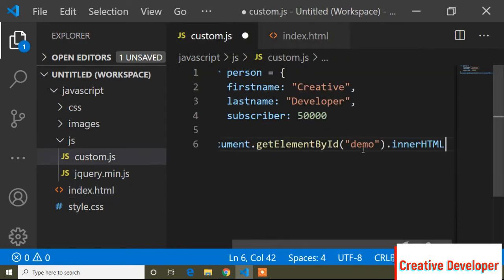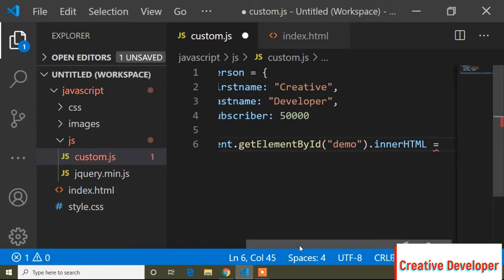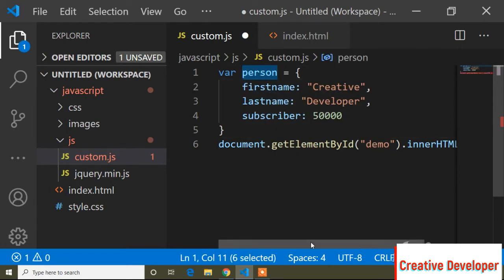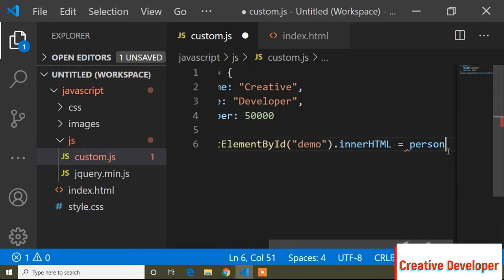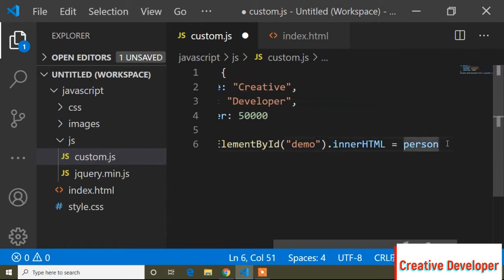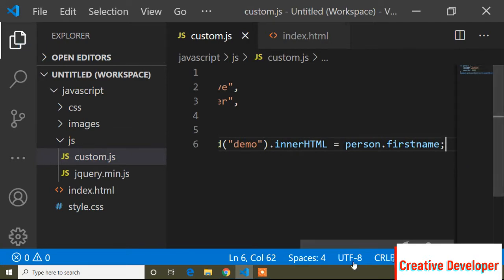So the demo id I have written here, and now inside the innerHTML, how can I print? Our variable is person, so first of all I will copy that, person, and suppose I want to print only the first name. So I will copy firstName, and now .firstName and semicolon.